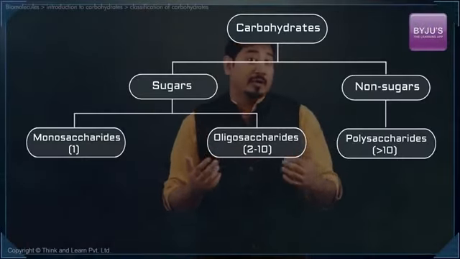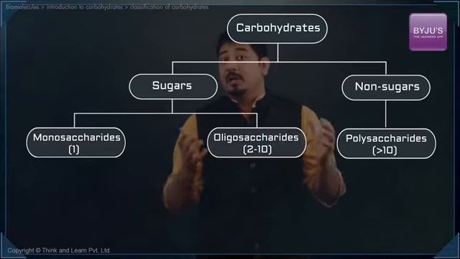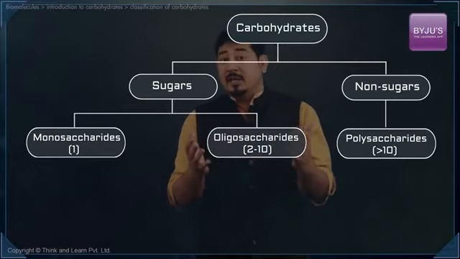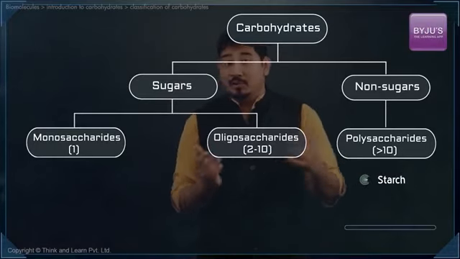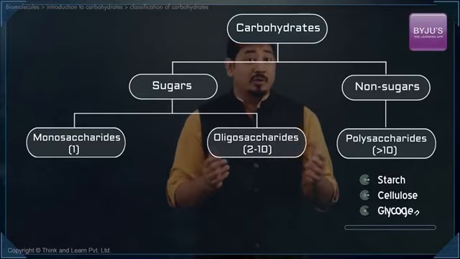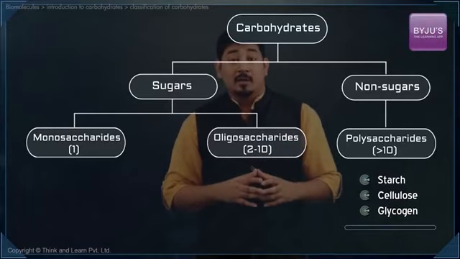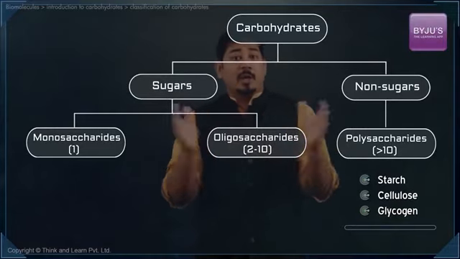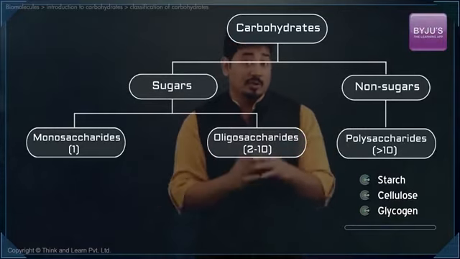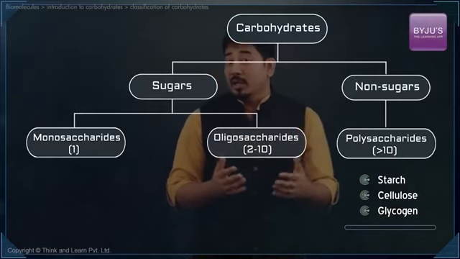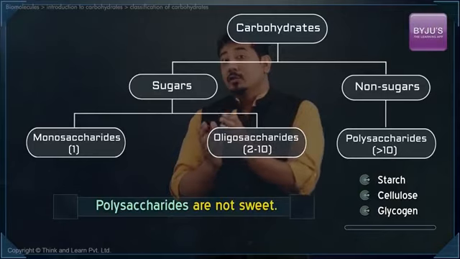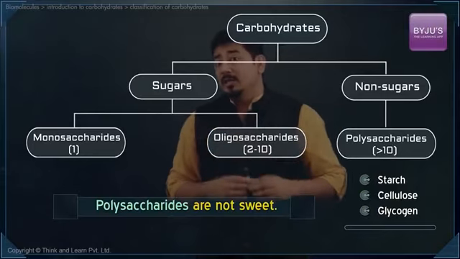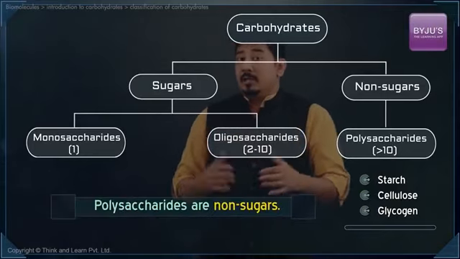Finally, we have carbohydrates which yield a large number of monosaccharide units on hydrolysis. These are called polysaccharides. Some common examples here include starch, cellulose, glycogen, gums, etc. Now, if you look at the table, you see that polysaccharides are put under non-sugars, whereas monosaccharides and oligosaccharides are put under sugars. And this is precisely because there is no polysaccharide which is sweet in taste. So all polysaccharides as such are